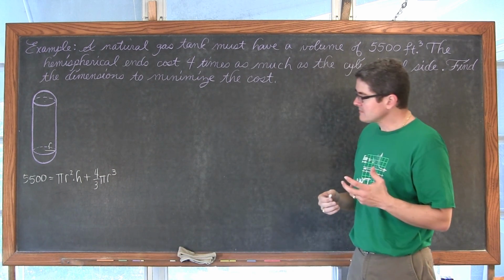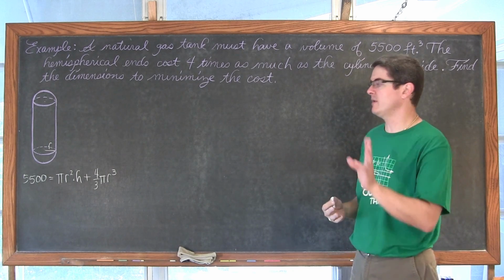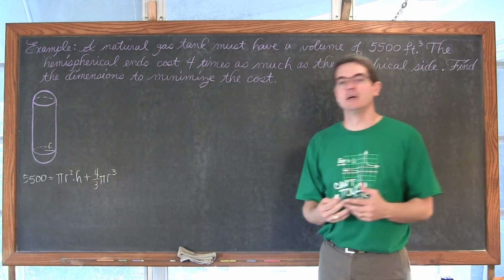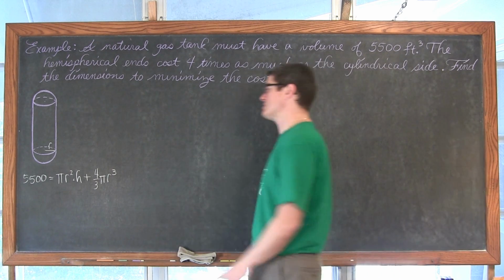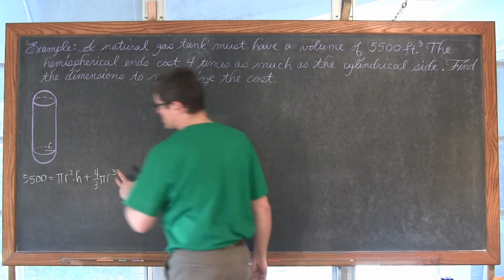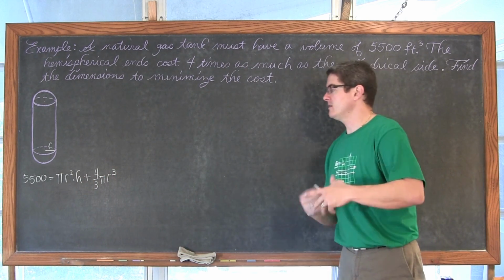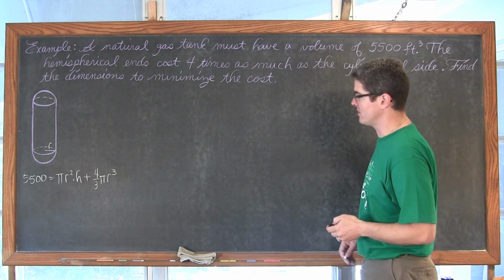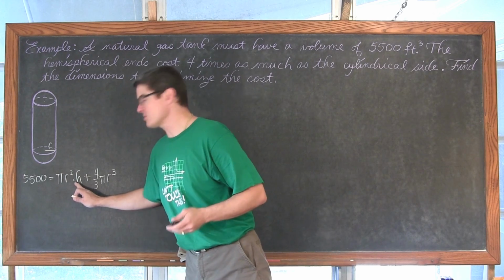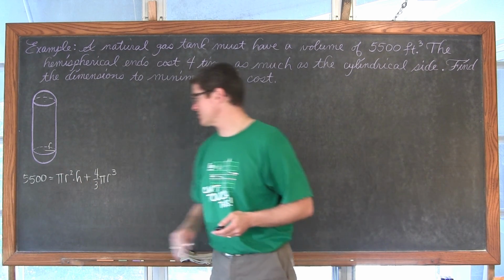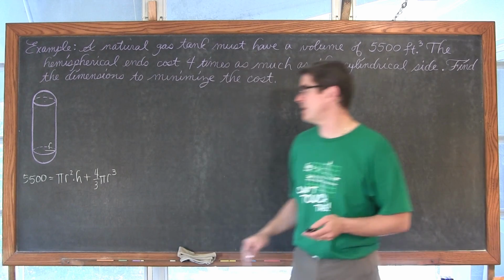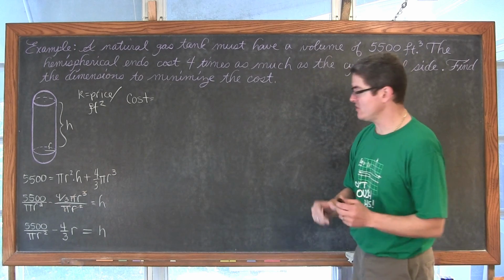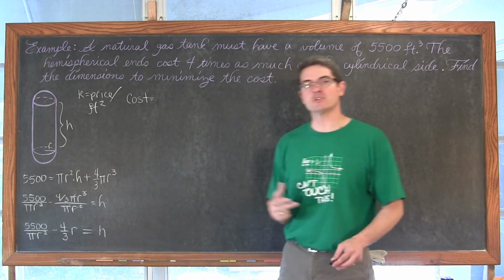Now before we even look at the function for the cost, I'm pretty sure I'm going to try and get this equation solved for h because I don't want to solve for r with the square and the cube terms. Actually, let's go ahead and just pause the video and get that done because I know we're going to need that for the cost function. I'm going to just take this and solve it for h by subtracting both sides by 4/3 pi r cubed and then dividing by pi r squared. So we have h in terms of r. We'll see how we need to use that substitution in our cost function.